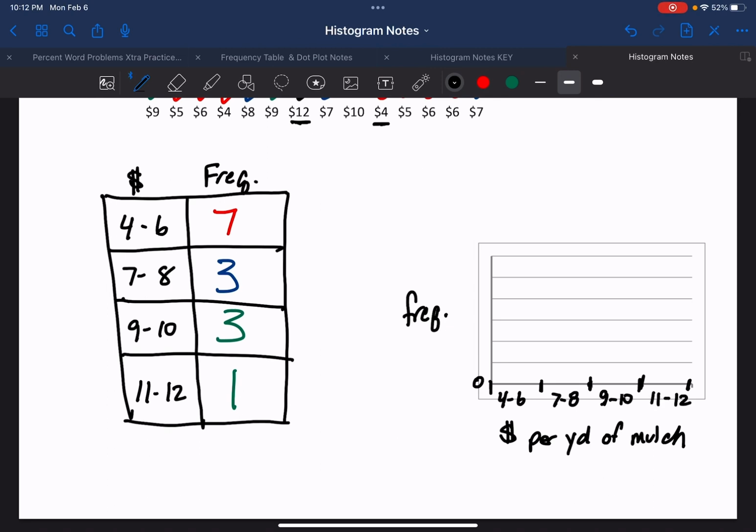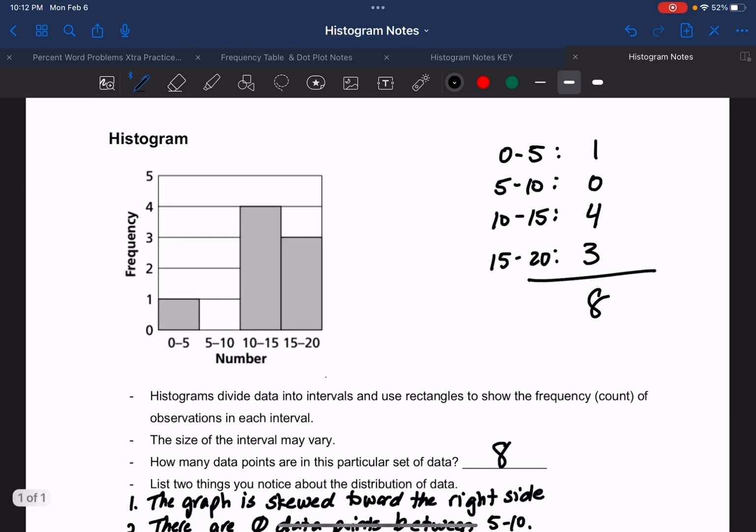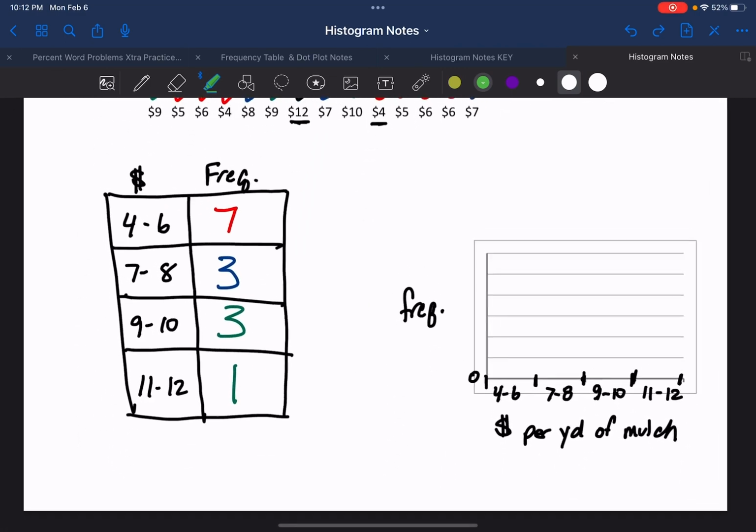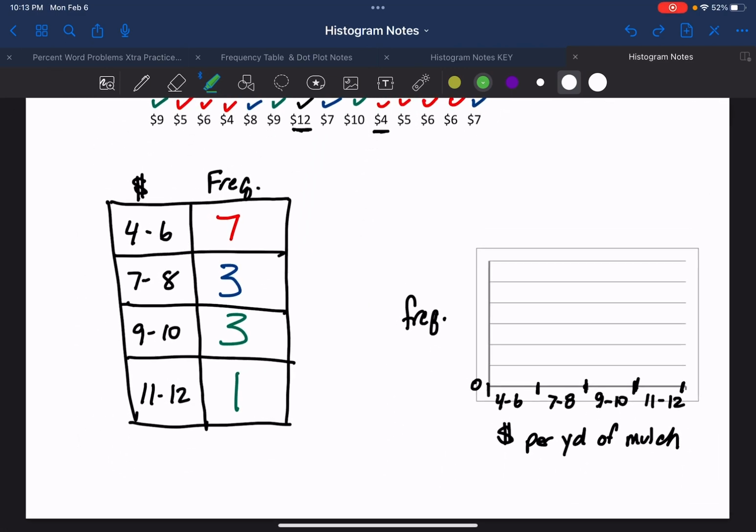All right. The one thing you're going to notice about histograms is that your bars touch each other because your numbers actually go all the way from 0 to whatever number. They're consecutive. Okay. So make sure that your histogram is touching each other. And when we do our bar graph, I'm going to go ahead and color code this so you can see it. Let's see. I'm